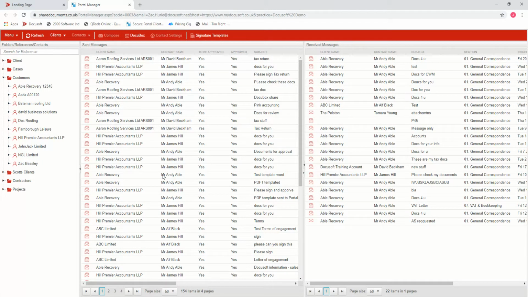So this is your view of the portal, not your client's view. You'll see I've got all of my folders down the left hand side, and under each folder I've got every client. If you click on any client it will show you the contacts within that client. So if I look at myself under Zach Beasley as a client,